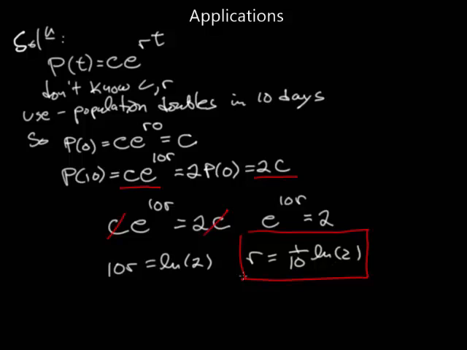Okay, so that's half the problem. We figured out r from the doubling time. So that says that p of t is c e to the